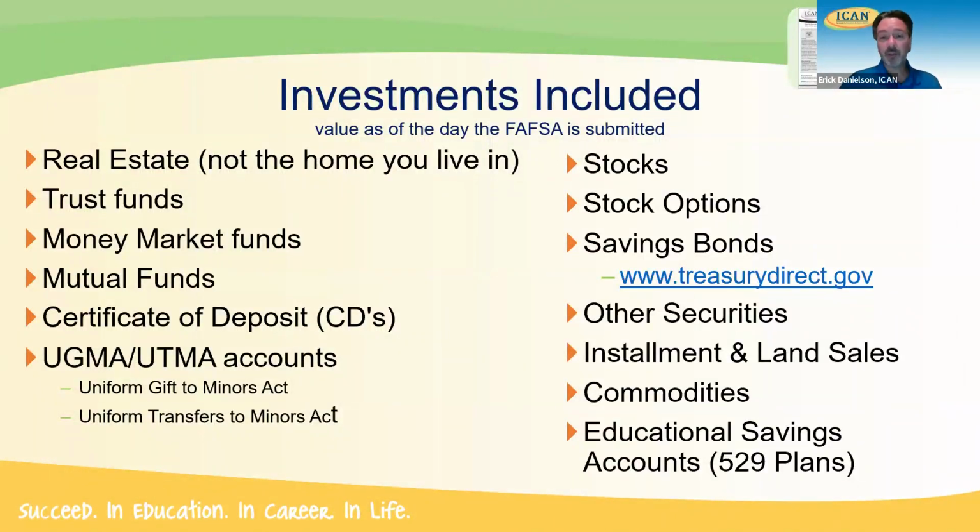Now, another thing I want to address with 529 plans is if a student is a beneficiary on, say, a grandparent's or an aunt's or uncle's plan, somebody else has a 529 plan for them. The grandparent, aunt, or uncle are the account owners. And there's nowhere on the form where we have to count a grandparent's or aunt or uncle's assets. So those would be 529 plans that